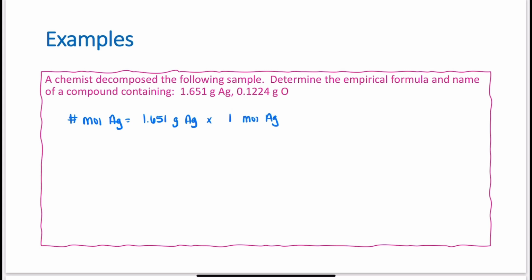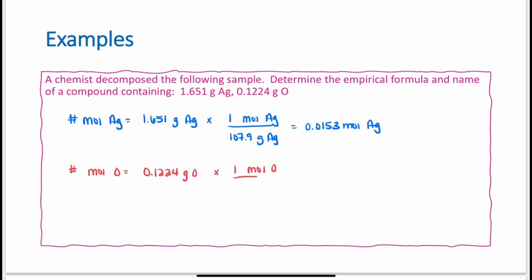1 mole of silver weighs 107.9 grams. This gives me a number of moles of 0.0153. And do the same thing for my oxygen. Number of moles of oxygen. I'm told I have 0.1224 grams of oxygen. 1 mole of oxygen weighs 16 grams. This is going to give me